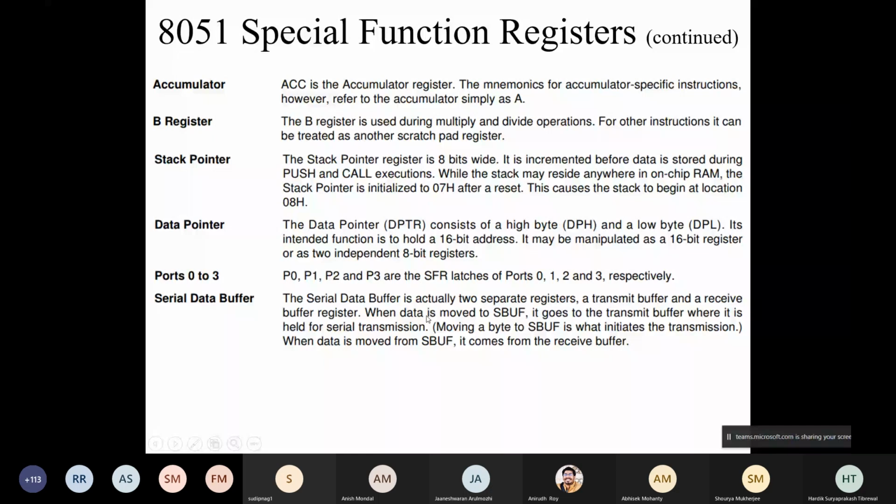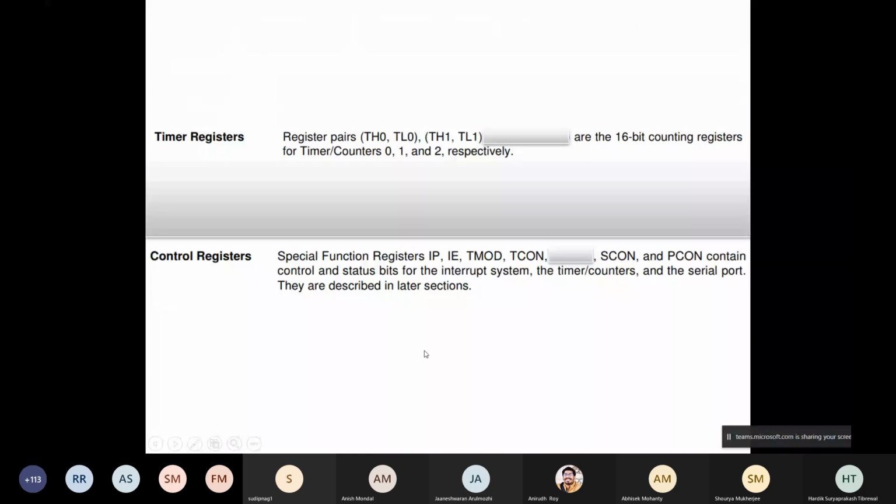Timer registers, again, you can merge them together, TH0 and TL0 together, TH1 and TL1 together, but you cannot merge TH0 with TL1. That is not allowed. So only within the same category, 0 category or 1 category, you have to merge them. These are individually 8 bits, but may be merged to make 16-bit. Now for 8052, there were 2 more registers, TH2 and TL2, and that's why a timer counter 2 was there. So traditionally 0 and 1 are only present.